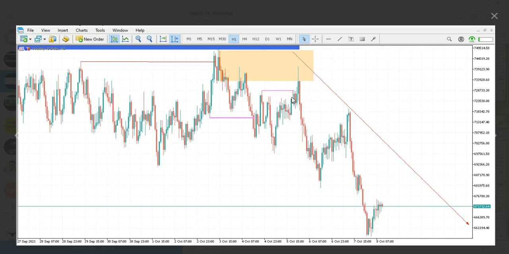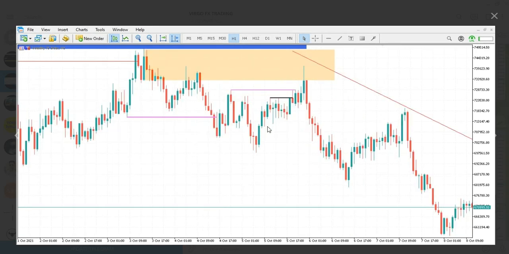No matter what happens, no matter how many days, hours or years, price will always come up to clear the liquidity on an equal high, or clear the liquidity on an equal low. So in this instance, it was an equal high, so price had to come up and take out all the liquidity above here. But then after that, what happened? Remember, we are on H1, so this was our sniper entry number 2 here.